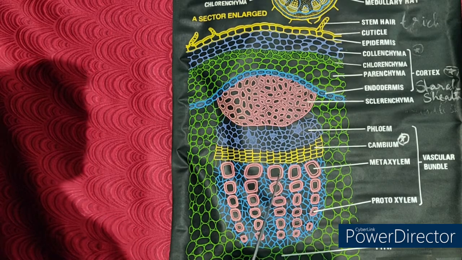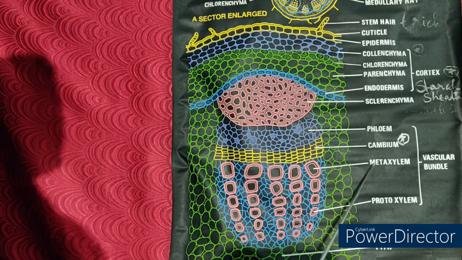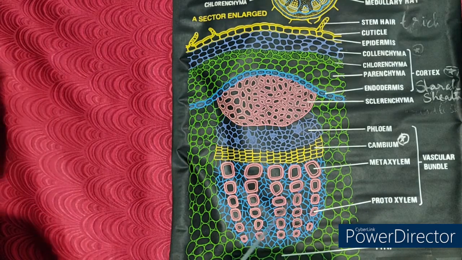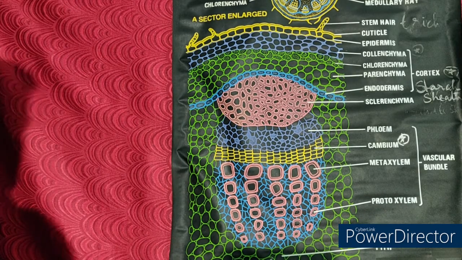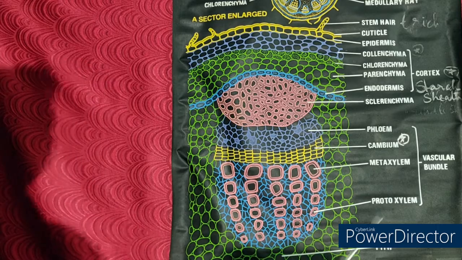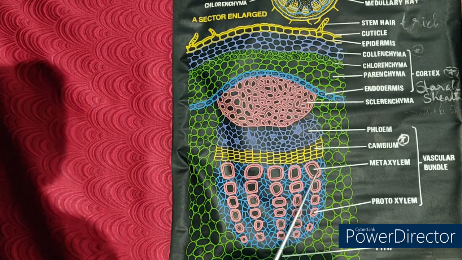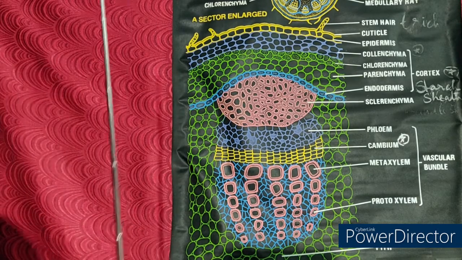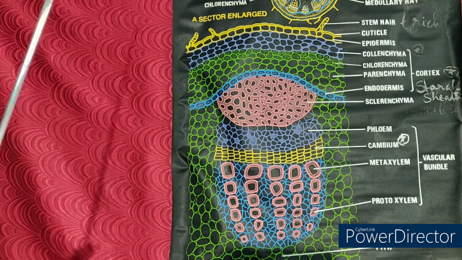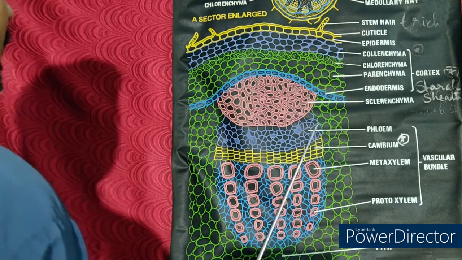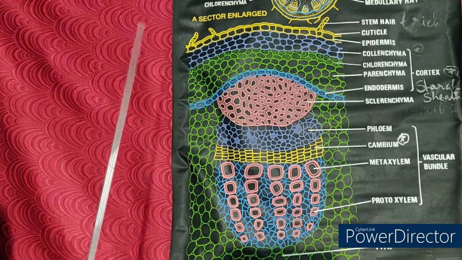Okay, so if metaxylem is towards the periphery and protoxylem towards the center, that is actually known as endarch. So kindly understand the difference between exarch and endarch. Okay, so roots are exarch in nature, and stem is endarch in nature. And finally,